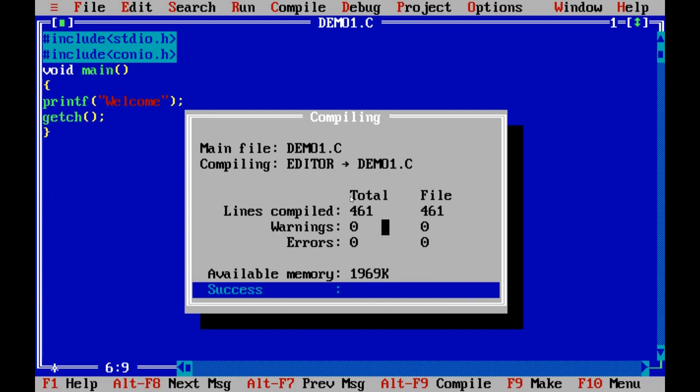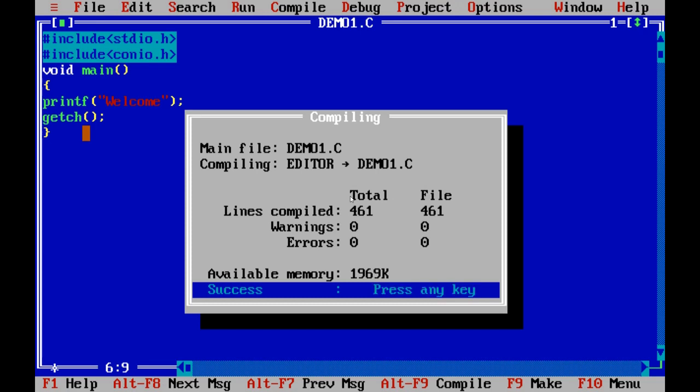Oh my god, 461 lines. You just notice how many lines are here. Only 3, 4, 5, 6, 7. So very few lines are here, but the lines compiled is 461. Why? What's the reason? Do you have any idea?